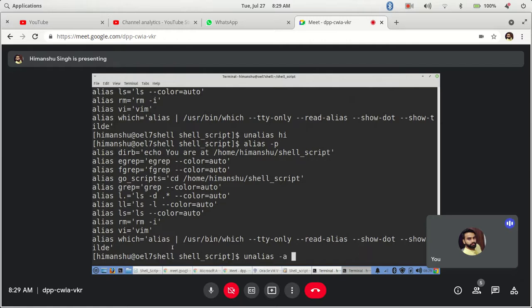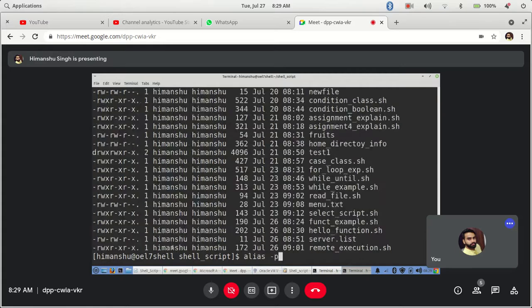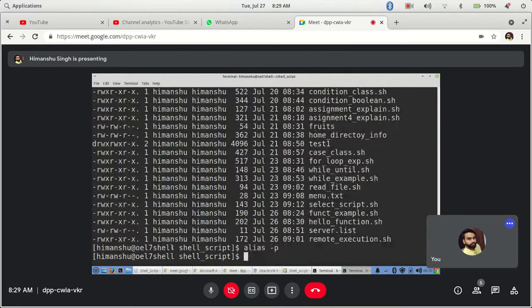There is no separate modification that you are doing, you are just defining it again, so that will be defined here again. See, now here it is gone, unalias -a, all gone, right?